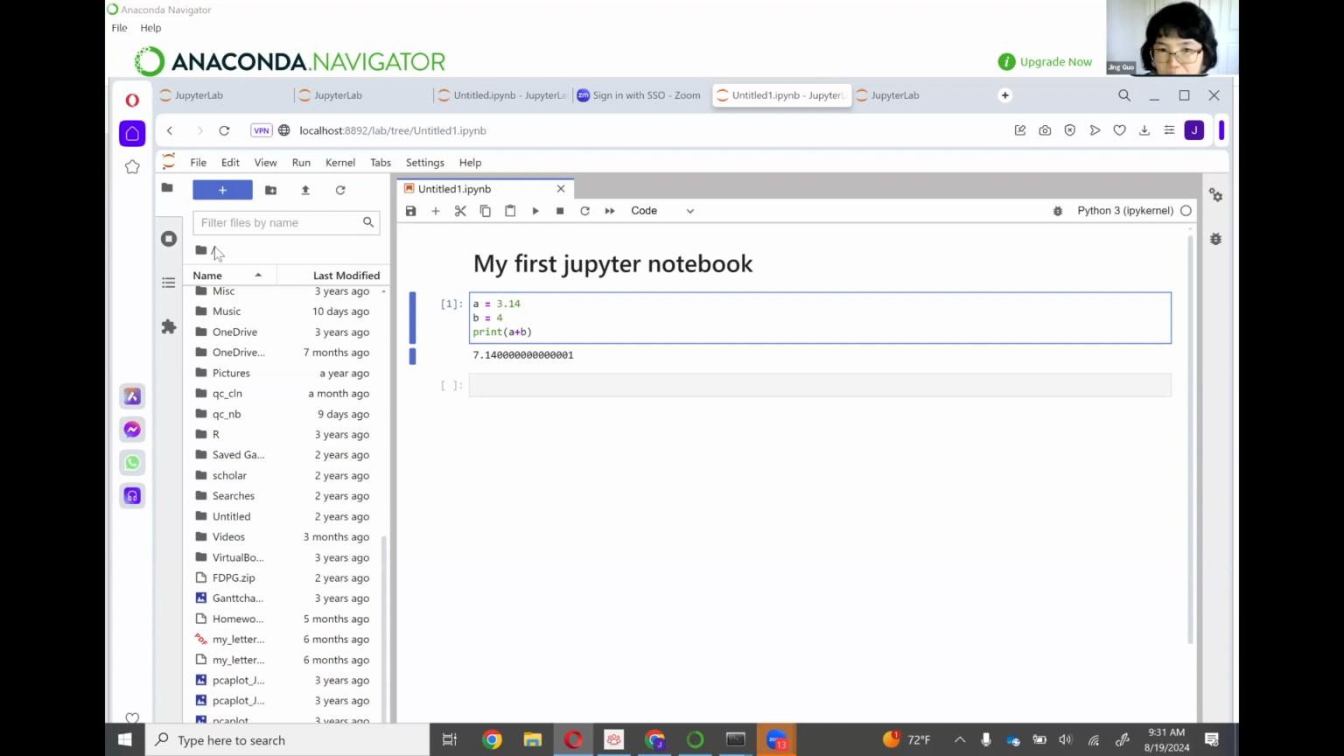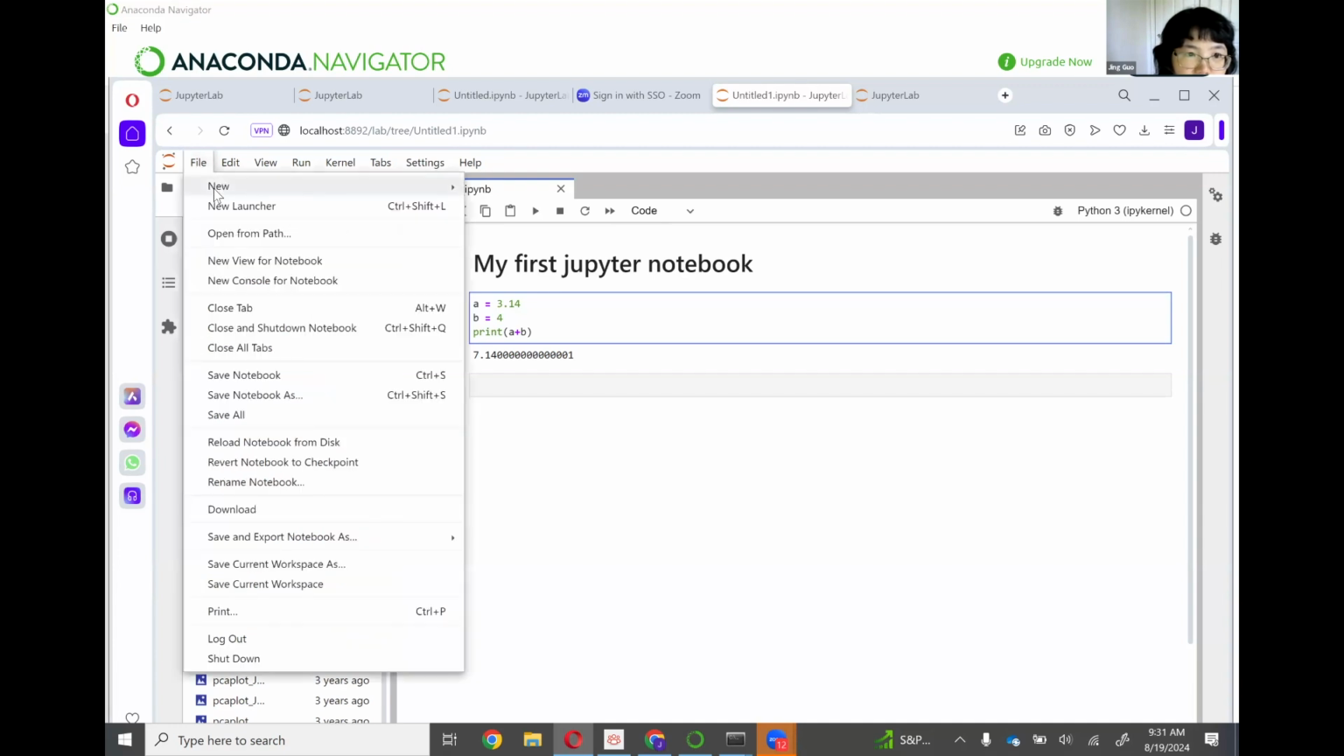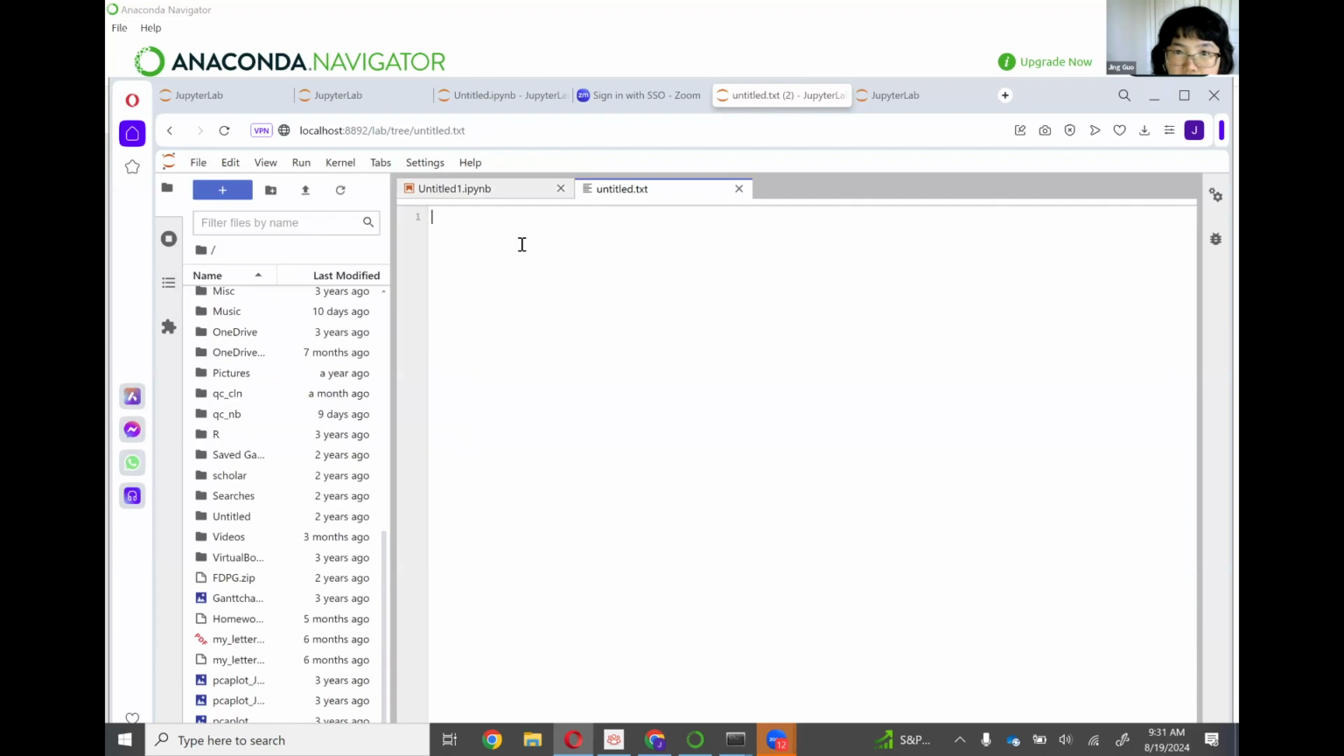So next, I'm going to show another type of file called a Python program. Note here, this Jupyter notebook ends with .ipynb, but a Python file will end as .py. So you can use the menu, New and Text File. When you open up a new text file,